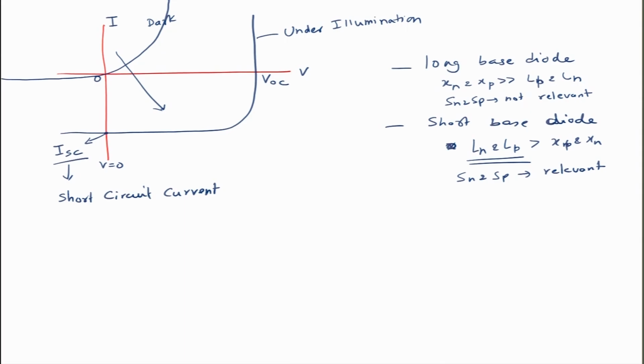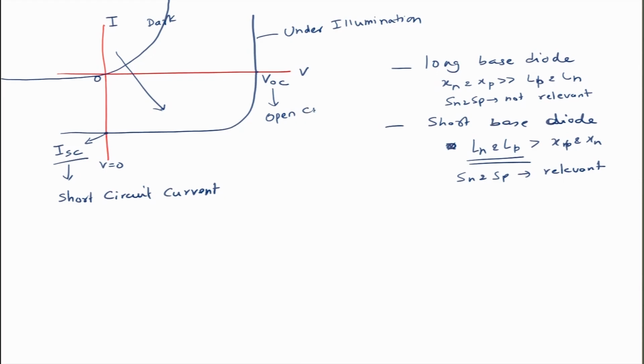So, we made these two approximations, and when you make these two approximations, your diode equations change a little bit. However, whatever the case is, if you plot the IV characteristics of the solar cell, they look like this. The IV characteristics show a diode-like behavior in the dark, and this curve shifts to the fourth quadrant, giving you negative current at 0 bias, which is called the short circuit current. This short circuit current starts reducing slowly and gradually, and it becomes 0 when you reach a voltage called